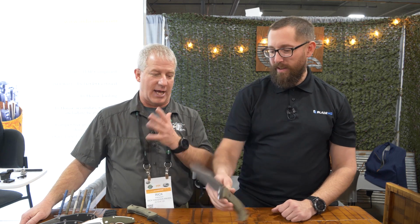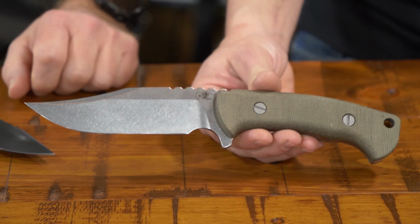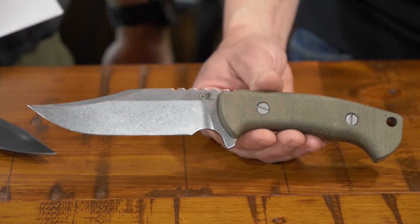Kicking off some fixed blades, a little bit different for Hinderer. Hinderer Knives has been known for folders, but I started my career 32 years ago making fixed blades. So I am getting back into fixed blades with a vengeance. And what got me doing that was the Ranch Bowie, and it was a huge success. So obviously I needed to go forward with the Ranch Bowie and come up with other